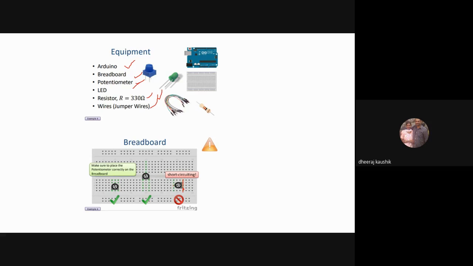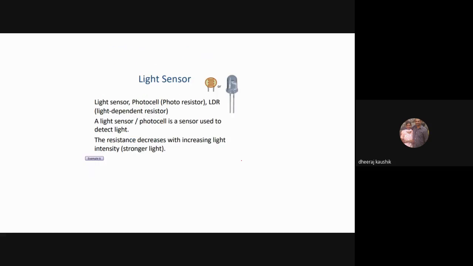And when they are connected to the same small line, it means short circuit, right? So I hope you got the idea that you should connect these to different pins. Now here you can see this end is connected here, and this end is connected to this line, and this front end is connected to this line. All three lines are separate. So that is how you should connect your potentiometer.